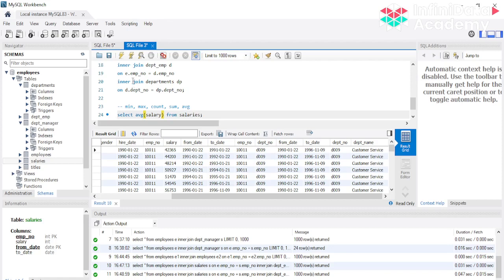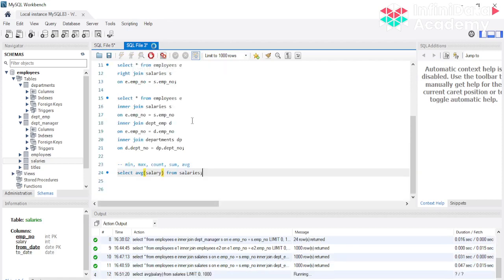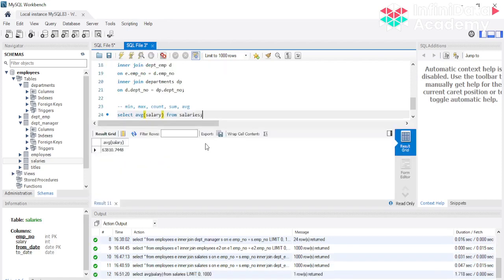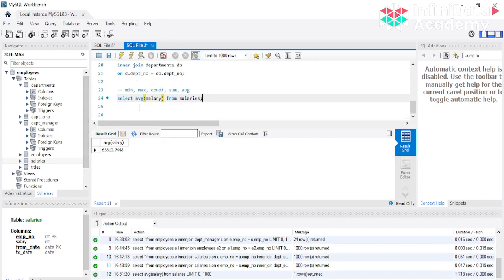Let's run this query. Nice and easy, straightforward. So as you can see here, with average you can apply other functions as well, min, max, count, sum, any of these. So we took average, and you can see here the average is around 63k, right?